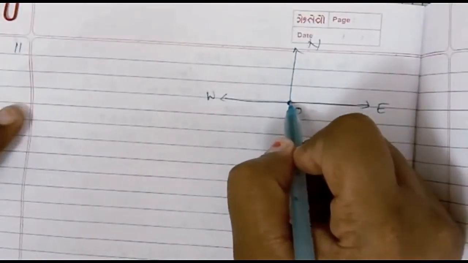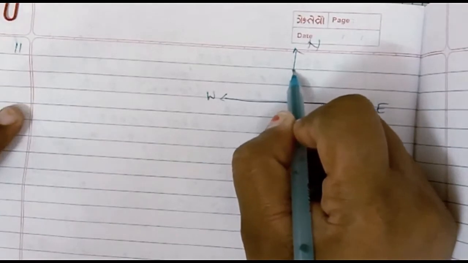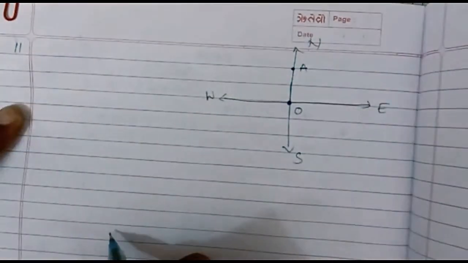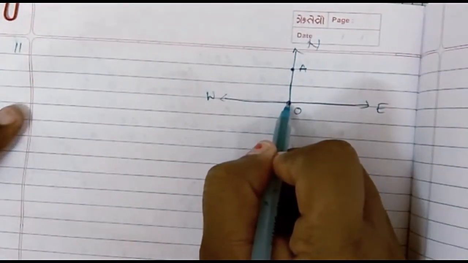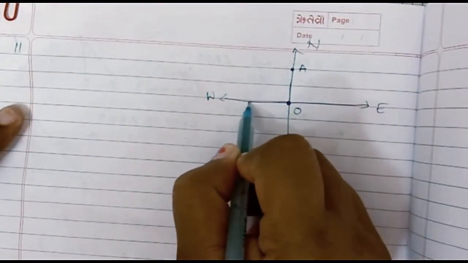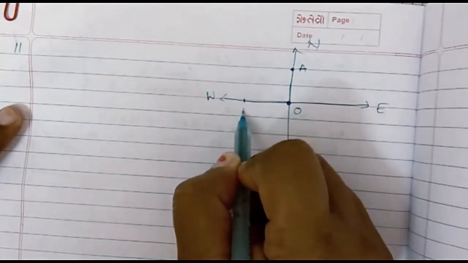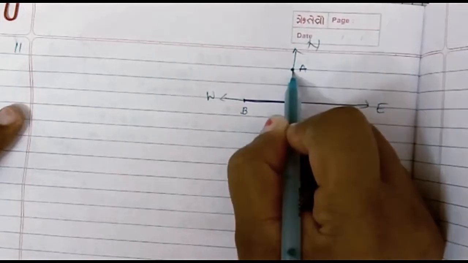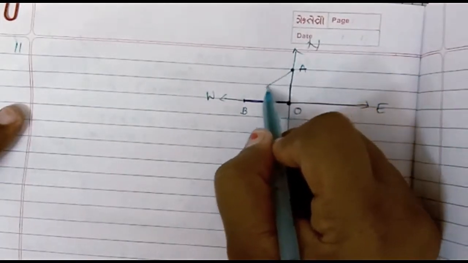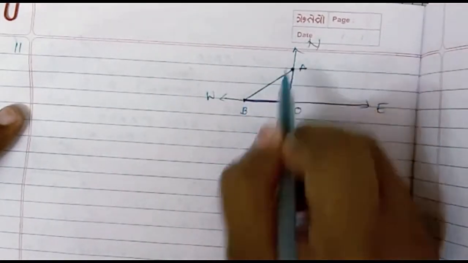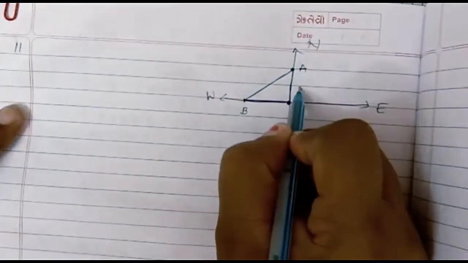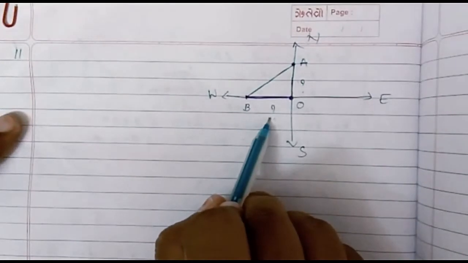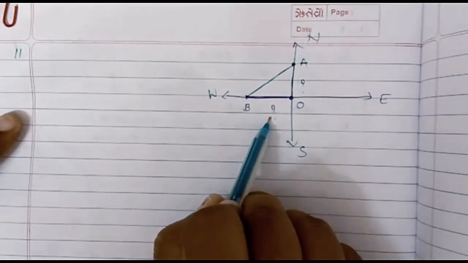Now the first aeroplane is traveling towards north, right? And suppose in 1.5 hours it reaches up to point A. Same way, the second aeroplane starts from O in the west direction and it reaches point B after 1.5 hours. So it is making exactly a right angle triangle. We need to find out what is the distance between them, that is AB. But the question is, what is OA and what is OB? So OA and OB are the distance traveled by both the aeroplanes, right?